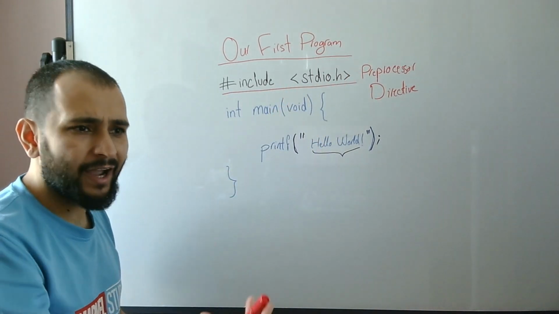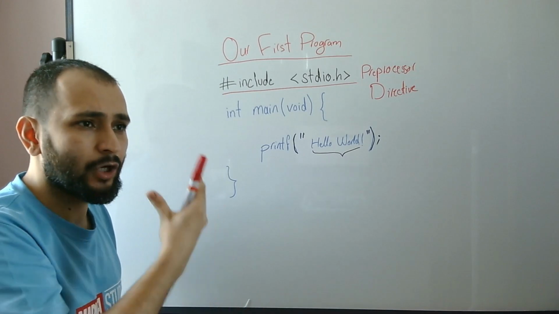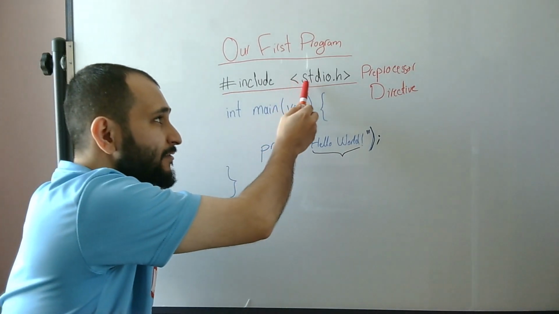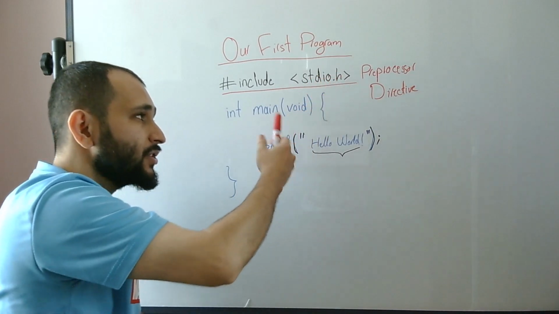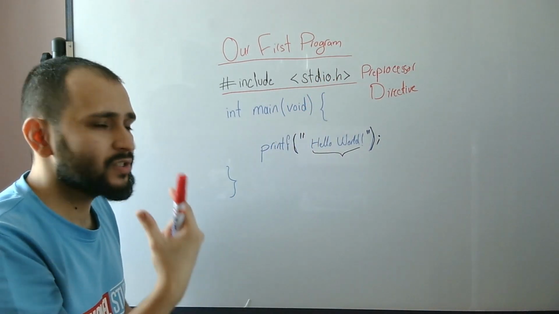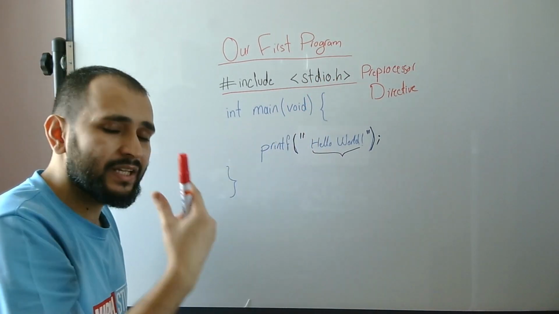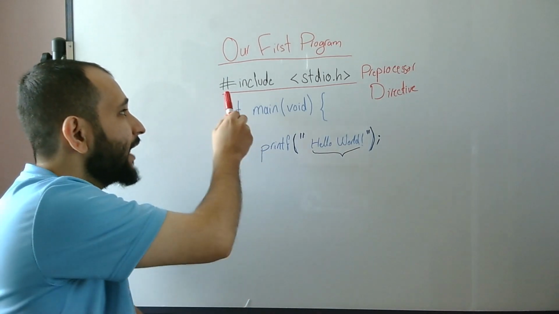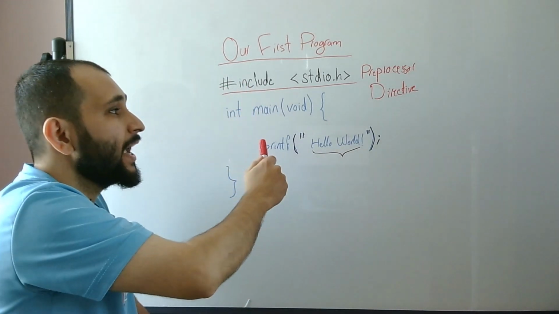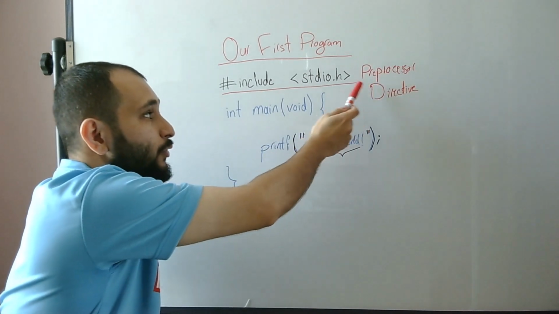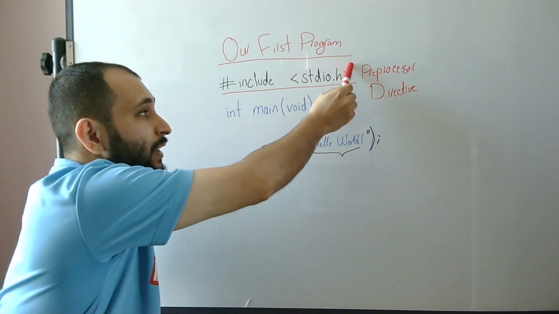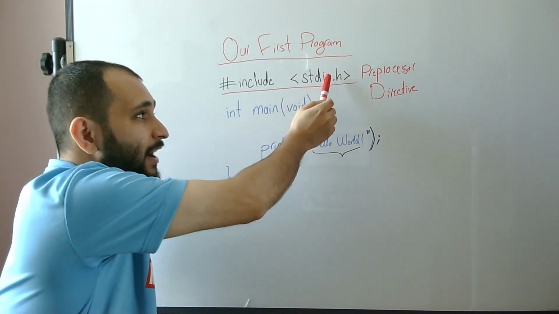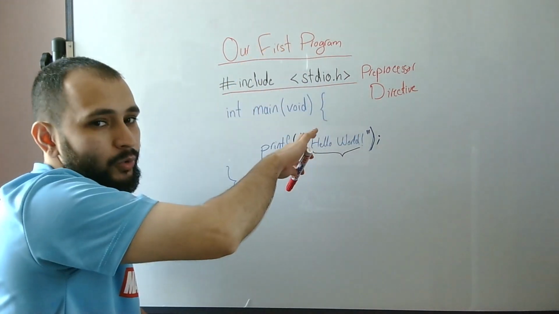Headers are basically files that contain code. So this file, stdio.h, is located somewhere in your computer, and it contains some code. And this hash include is directing the preprocessor to include the code of this file inside of our code